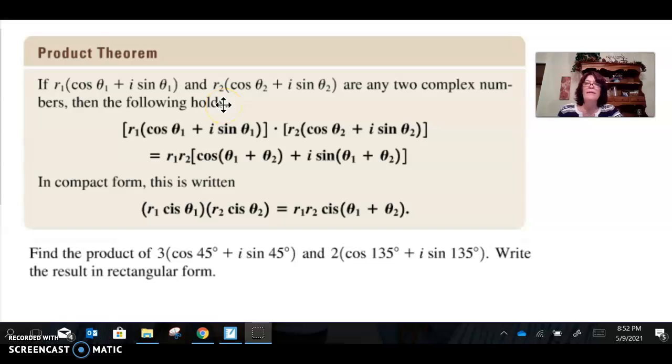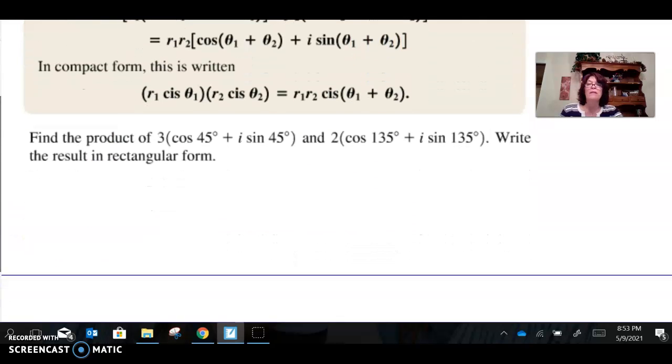Here we have two complex numbers, and we want to multiply them together. Notice you just multiply the real numbers together, and then you take the cosine of the sum of the angles plus I times the sine of the sum of the angles. So if I was going to find the product of these two complex numbers,